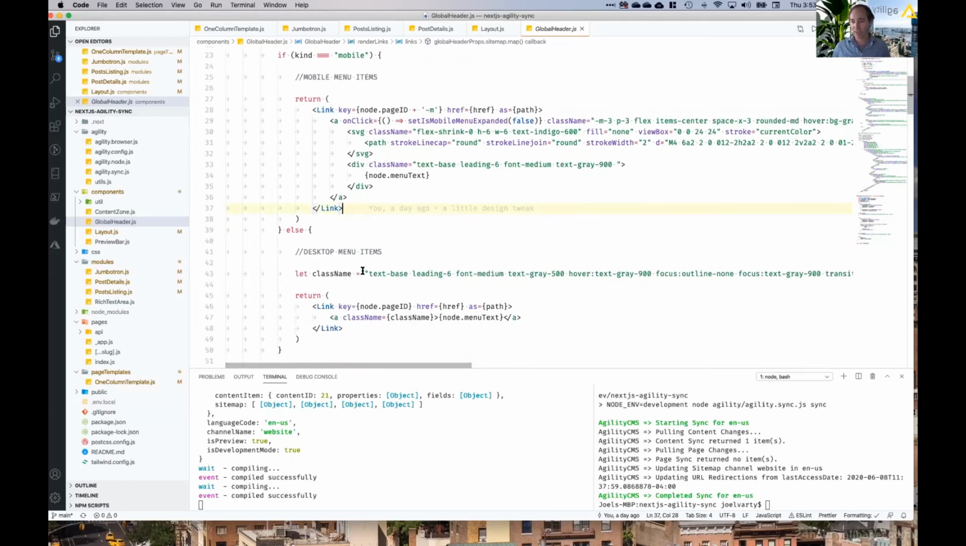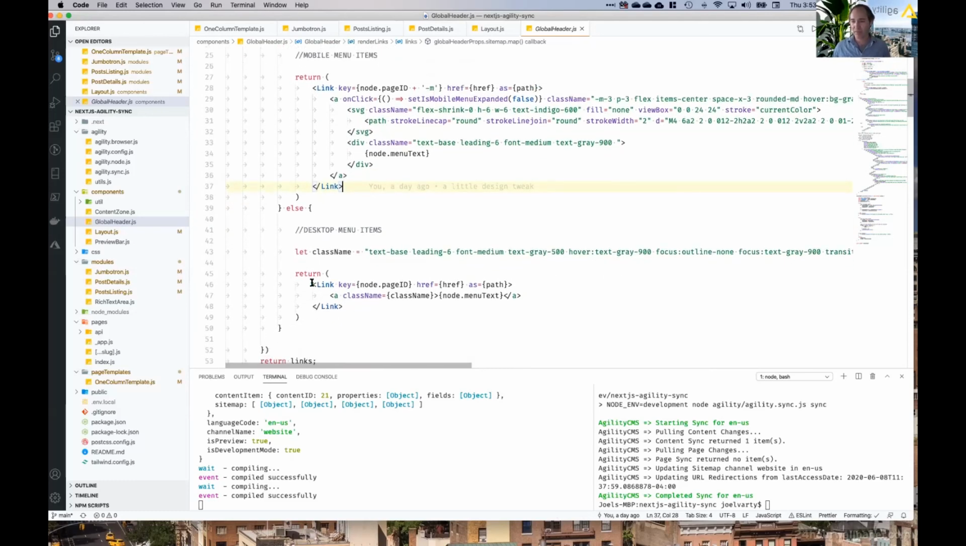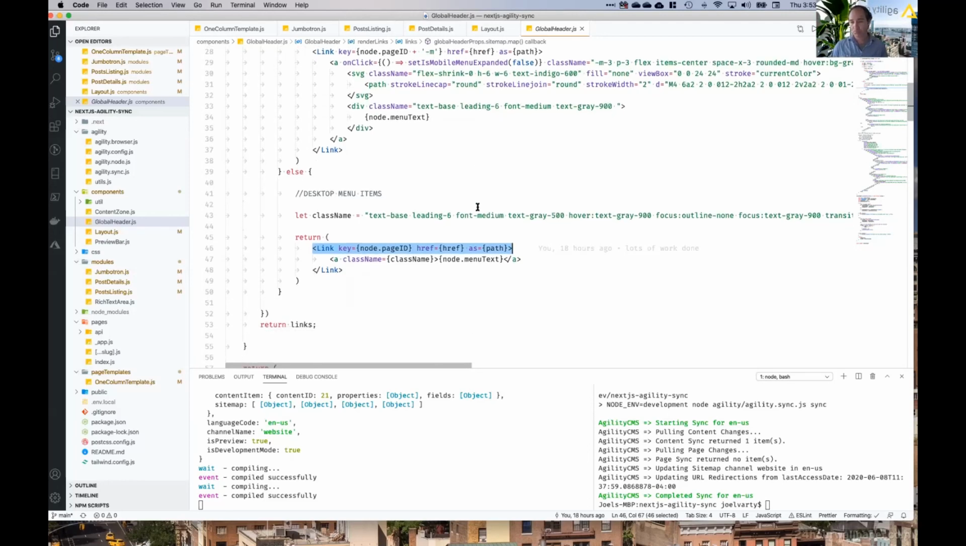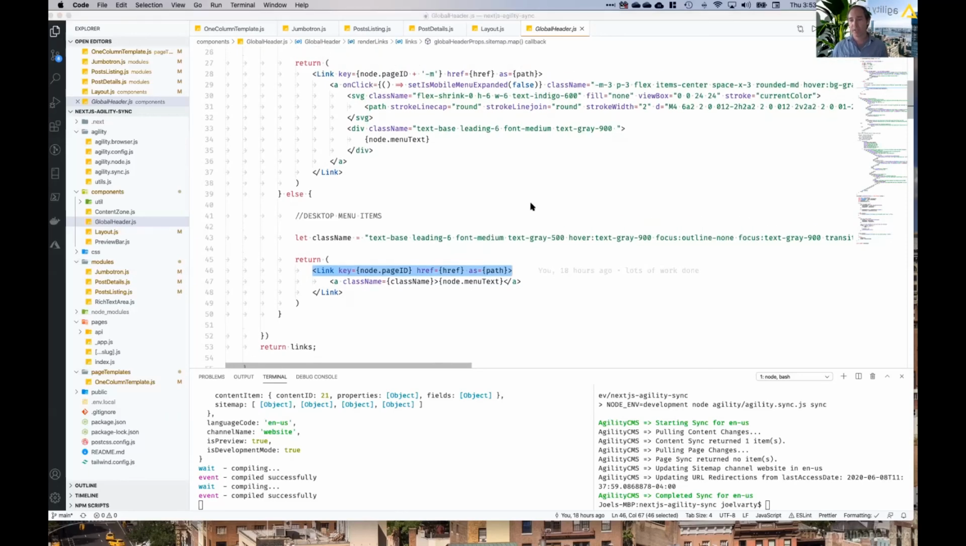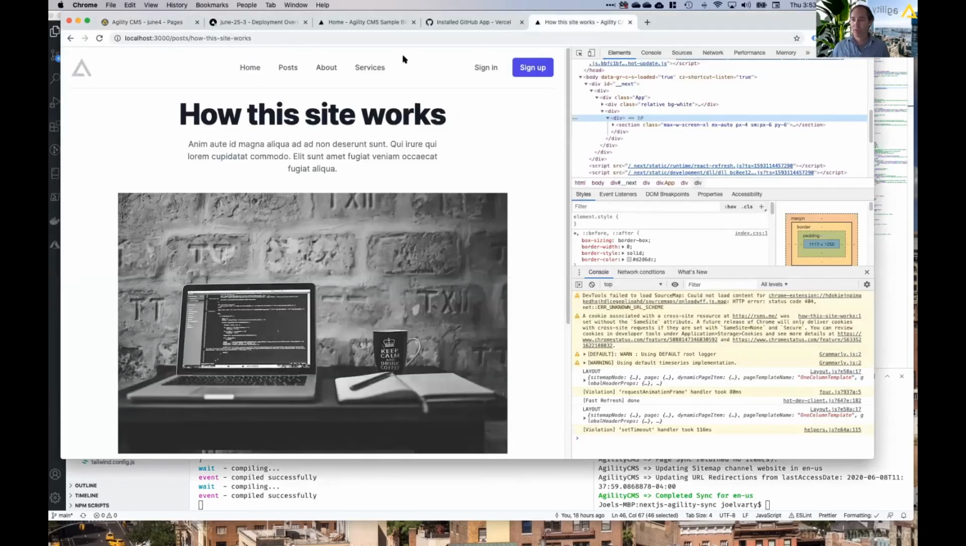This one here, I actually abstracted the class name, but this is my desktop links. And if you're good with Tailwind, you can go through all these different things, like focus and hover and all this different stuff. So Tailwind is awesome. And I just return these links and they output like so. And then in the mobile version,